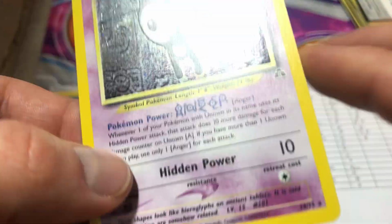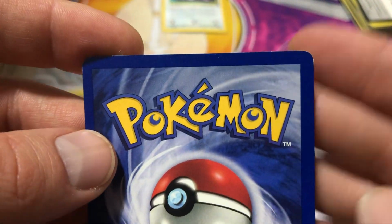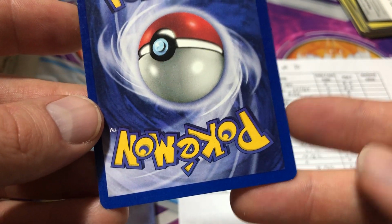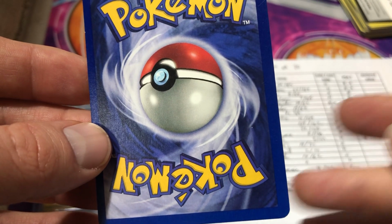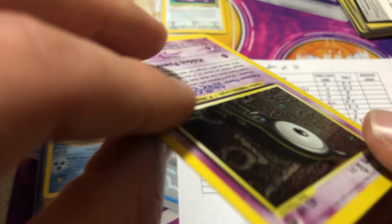Centering's pretty good all the way around. Everything on the front of the card's in order. Minor whitening. Some whitening there. And if you're wondering, I don't just put my fingers to emphasize where it's at, but also because over a white background, it's nearly impossible to see the whitening,